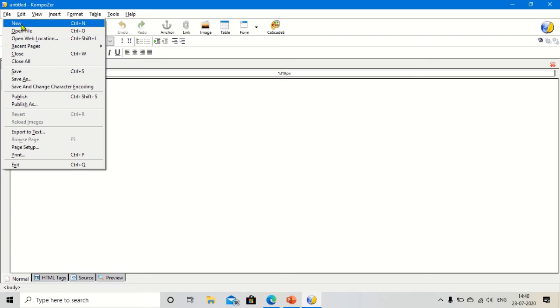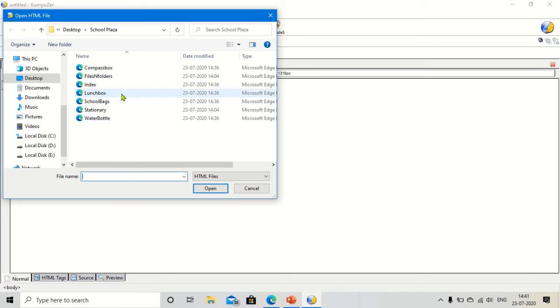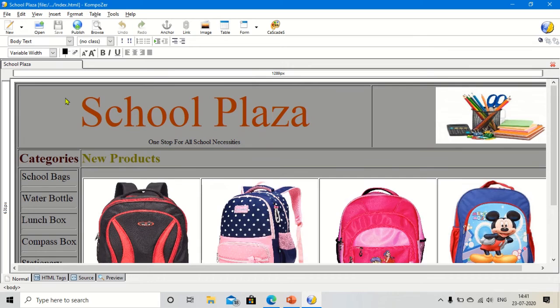So I will go to the file and I will click on the open file, and then I will click on this index. Then I want to put the link on this school bag, so that when I click on the school bag, then the school bag will open. So I will select this.